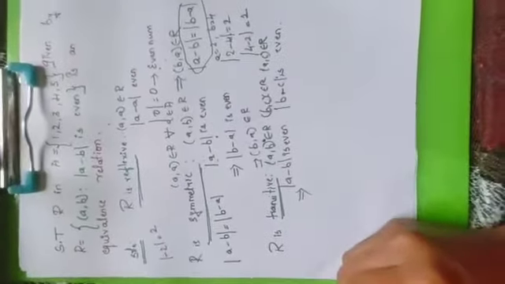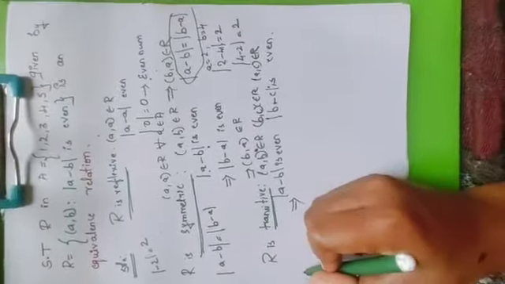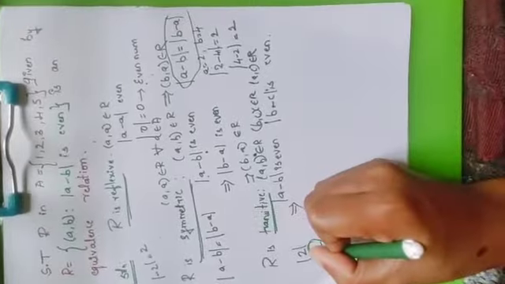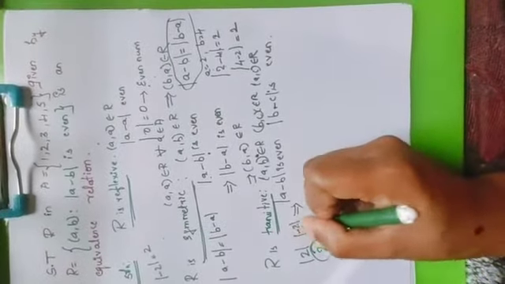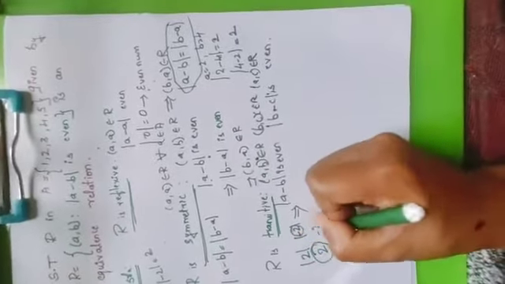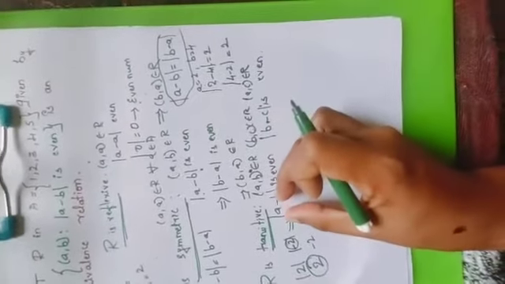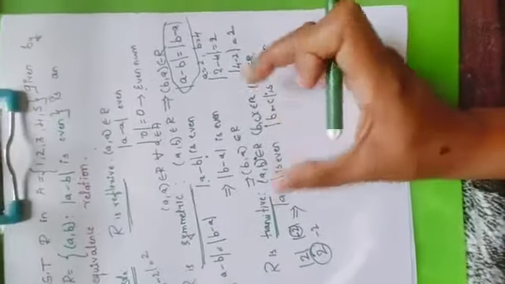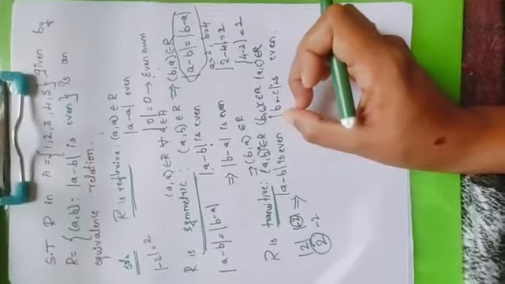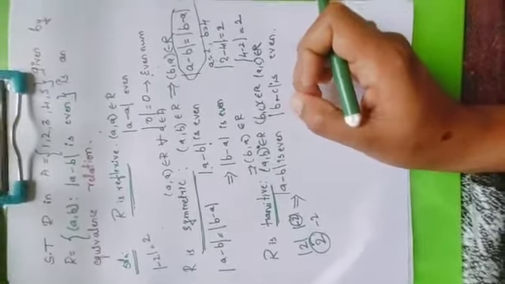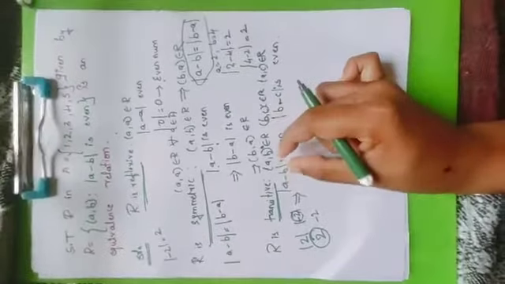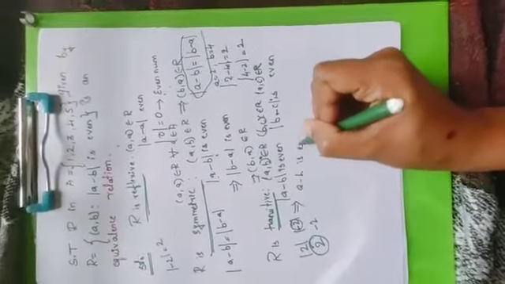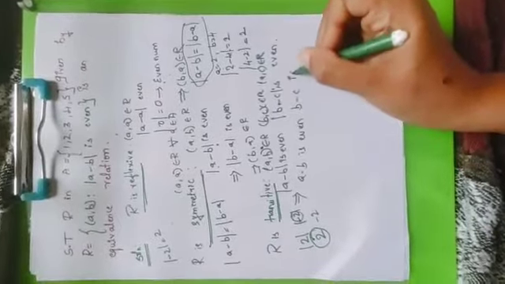Now, without the modulus function, suppose I have mod 2; if I take it without mod, it is also an even number, correct? If it is mod of minus 2, and I take just the number minus 2, that is also an even number. If the number inside is itself even, which means A minus B and B minus C themselves are even. Modulus, if it is a negative number, makes it positive. So what does that mean? A minus B is even and B minus C is even, correct?